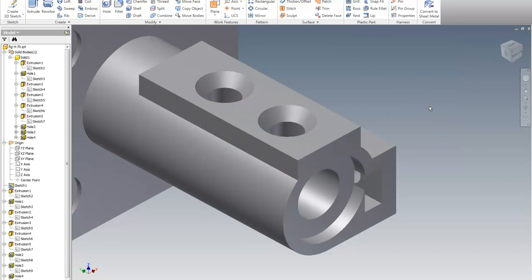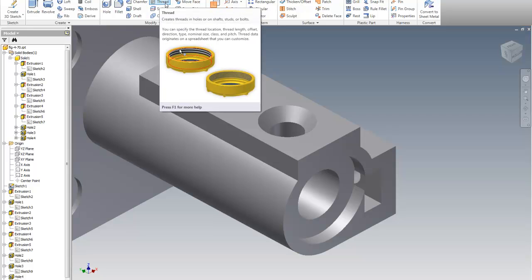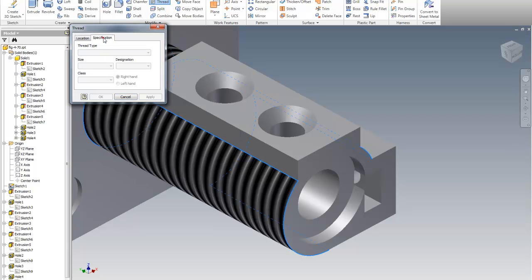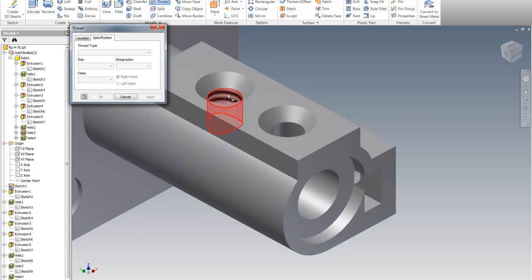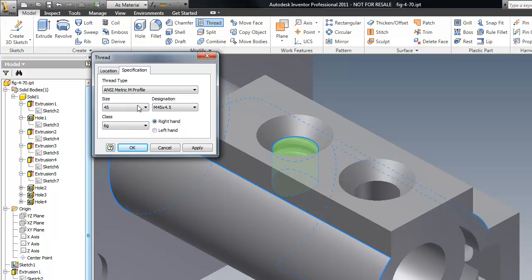Let's go OK, and this is a perfect place to show you, I need to thread this. These need to have threads. Okay, so what I'm going to do then is I'm going to go up here to my modify, and I'm looking right up here at the very top, and you can see that I have the ability to thread things. So I'm going to pick that. I'm going to come down here and I'm going to pick the hole, and if I go into specifications, it should give me some stock ones. Okay, and I'm going to pick in here, and there I just picked inside the hole, and it's given me stock threads that are designed for metric. Notice I can go left thread or right thread, either one. Okay, and then I can go apply